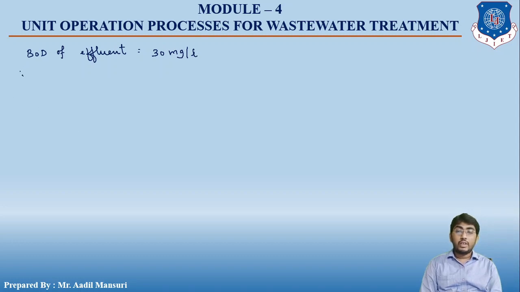So therefore we know that the quantity of wastewater that is entering the trickling filter, that quantity only will be removed, right? That is, whatever the quantity of wastewater is entering the trickling filter, the same quantity has to be removed, right? So can I say that